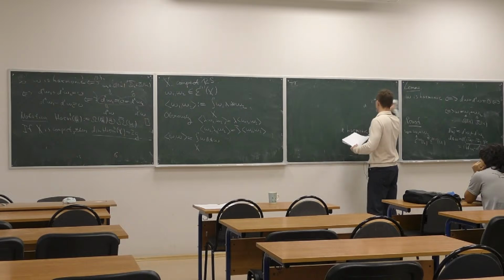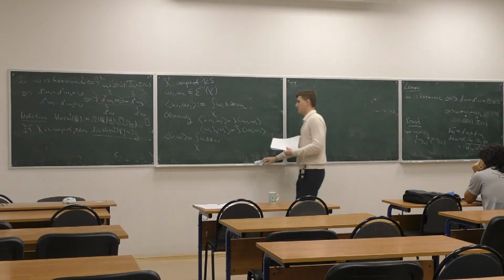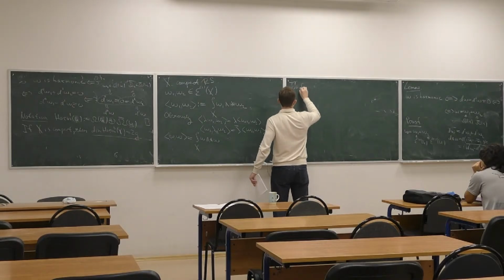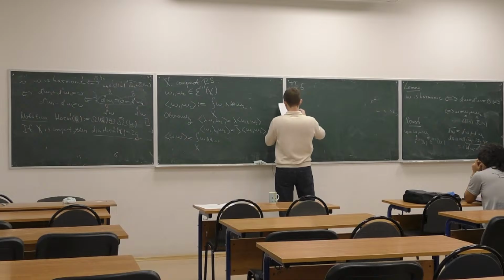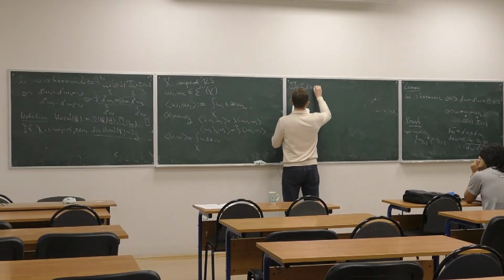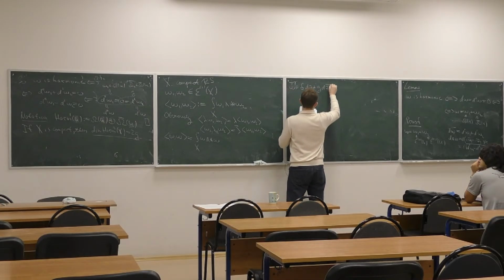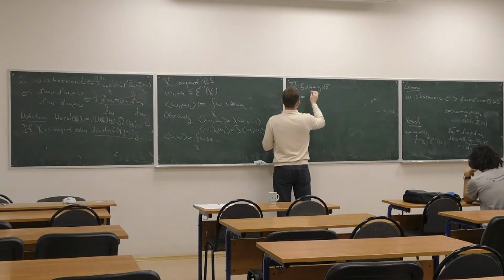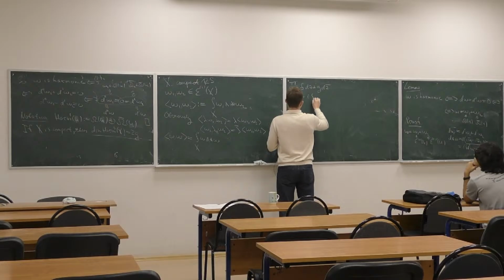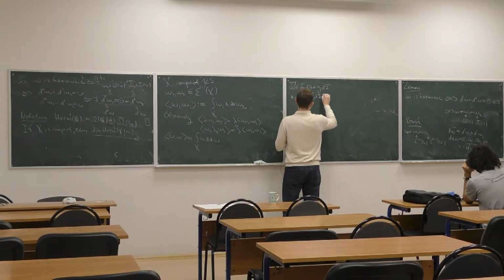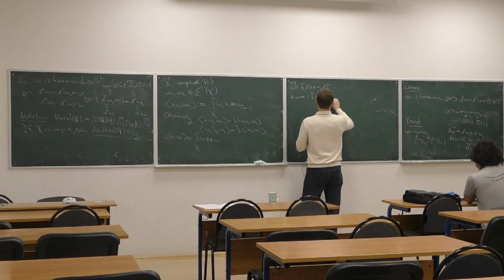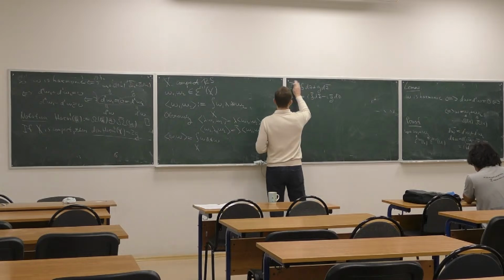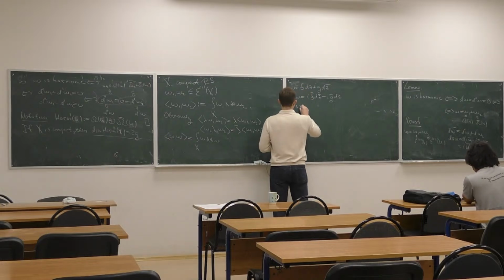If omega is equal to f dz plus g dz bar, then star omega is equal to i f bar dz bar minus i g bar dz. Then omega wedge star omega